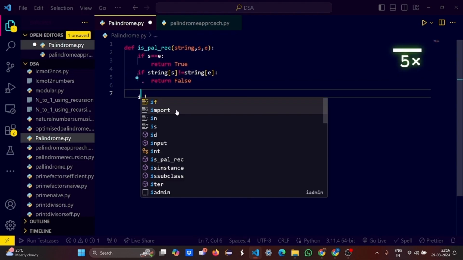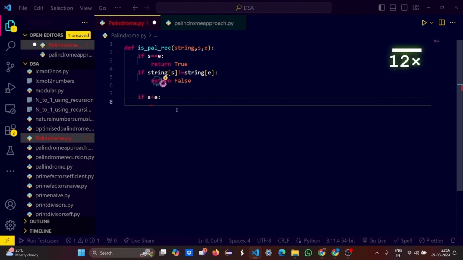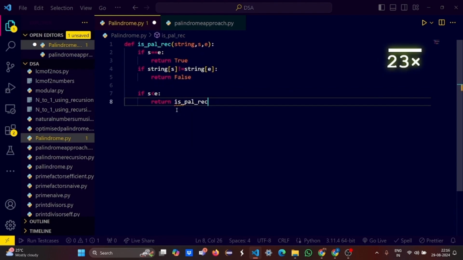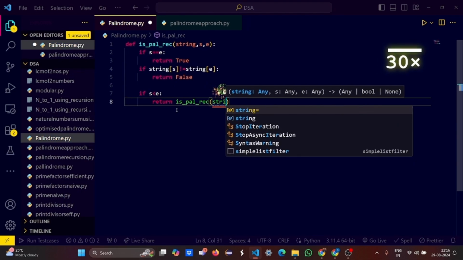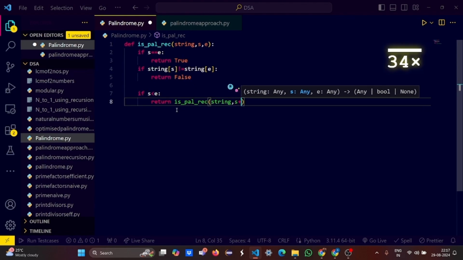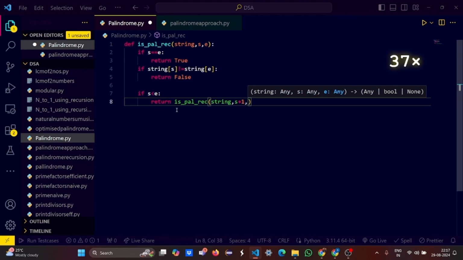Next, if S is less than E, return what? Let's call it again. Let's pass the parameters now. String, S plus 1, because you are moving from the starting index by one character, and E minus 1, because you are moving back from the end index by one character.